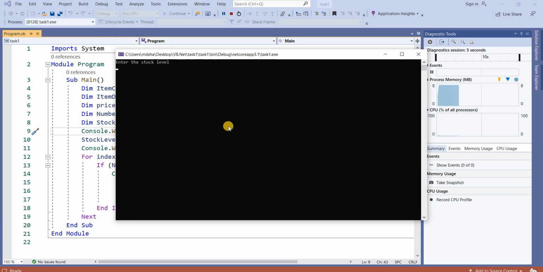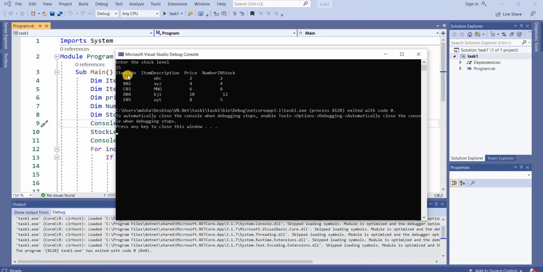Enter the stock level. If I enter 15, then it will show item code A01, item description ABC, price 2, and number in stock 2, 4, 8, 12, 5. How many items are less than 15? 5 items are less than 15.